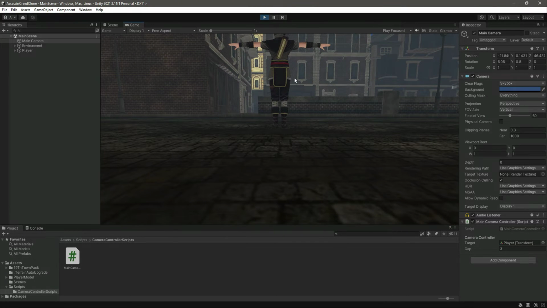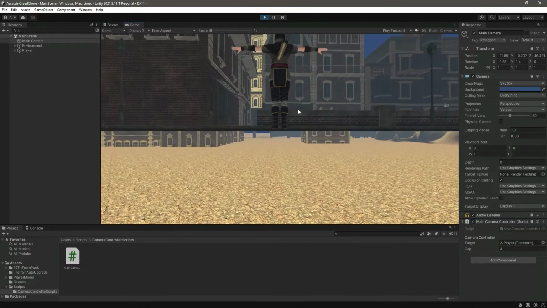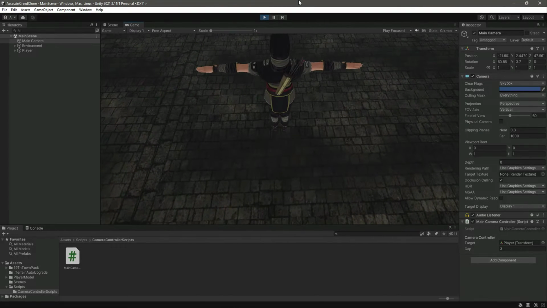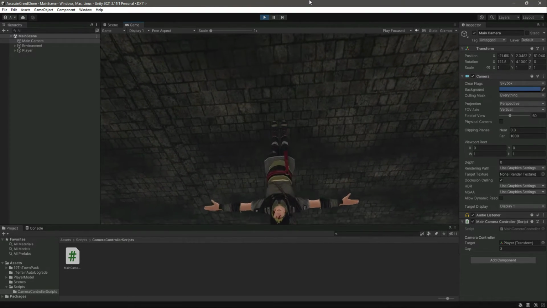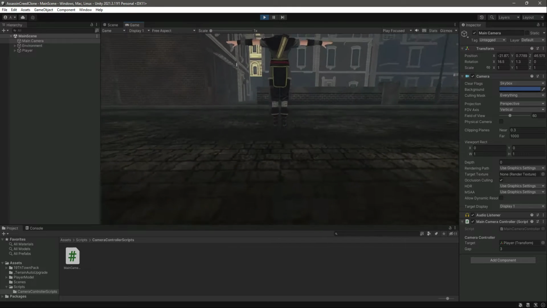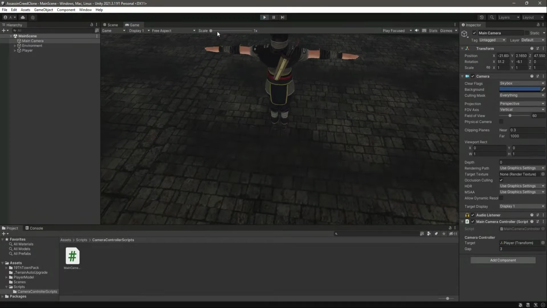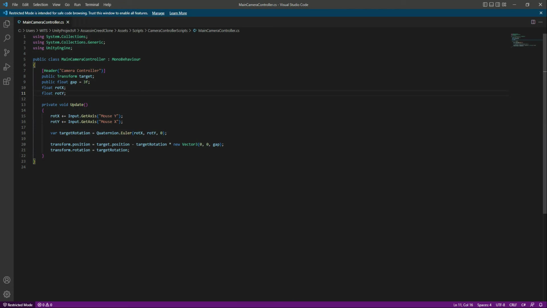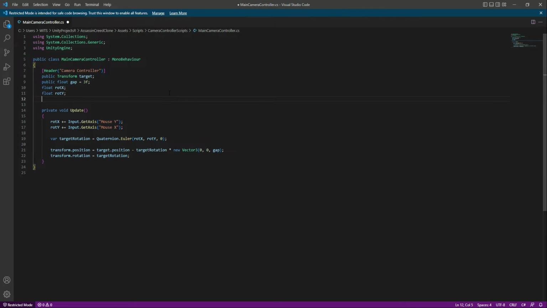So now in this video we will add a limitation to our main camera so that the main camera doesn't rotate around the player like this. Okay, so in order to do that, let's open up the main camera controller script, and in here we will